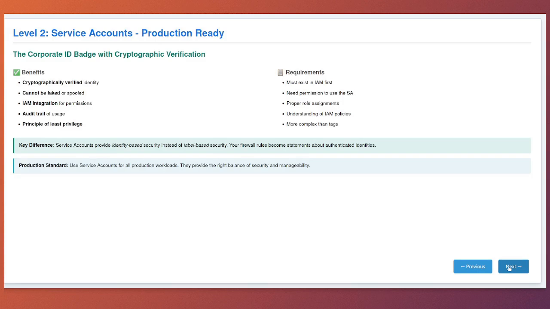Service accounts. The production standard. When you are ready to move beyond the honor system and implement production-grade security, service accounts are your best friend. This represents a fundamental shift in thinking from labels to identities, and that distinction is crucial for understanding why service